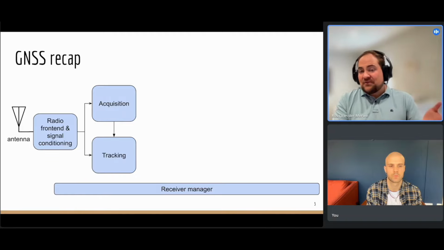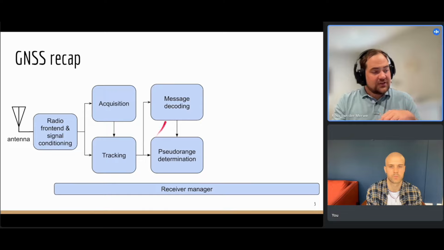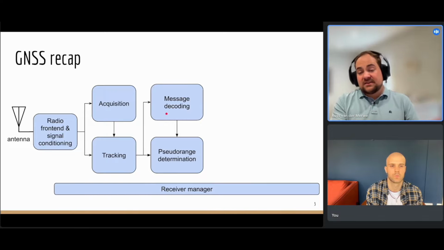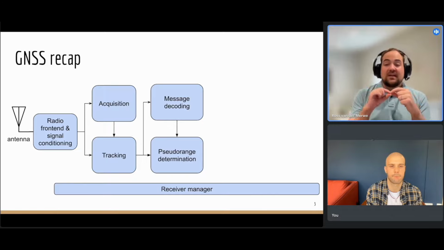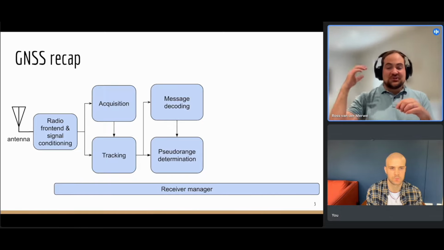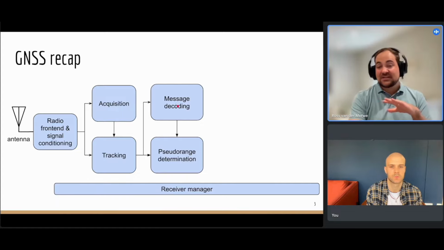Now, the next stage is, okay, we've got these, what do we do next? Your GNSS signal transmits a navigation message. The first step is to decode this message, because once you decode it, you can see the satellite's health and the satellite's position. In this message, it explains a way of calculating the satellite position, and this is very, very important. Once you know the satellite positions and you know the times, you can start doing all these equations to find your position. So your message decoding has a lot of really important information you need to be able to do all the other processing.